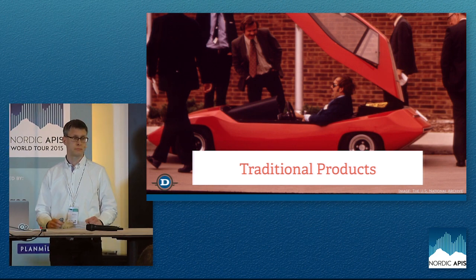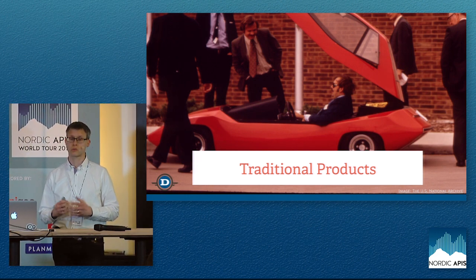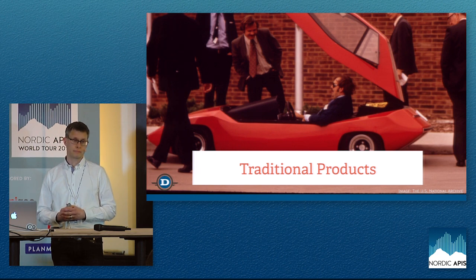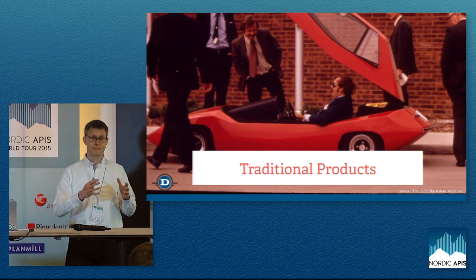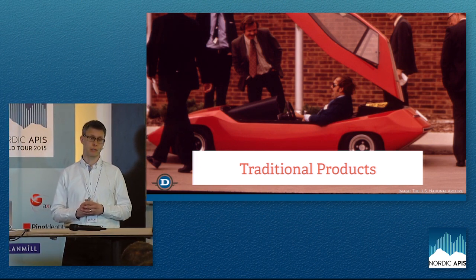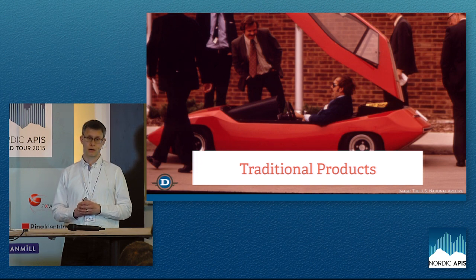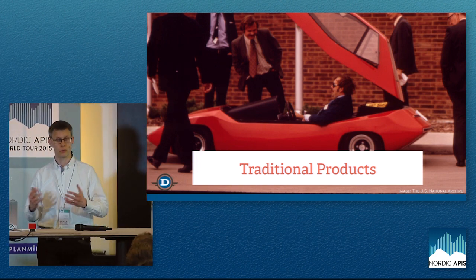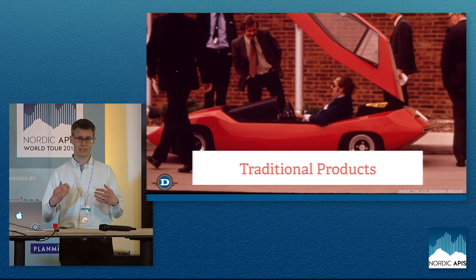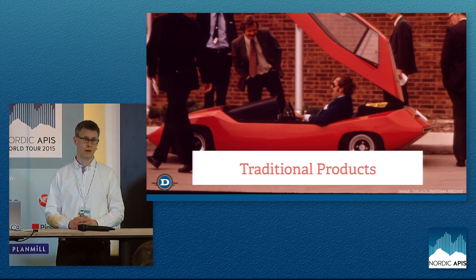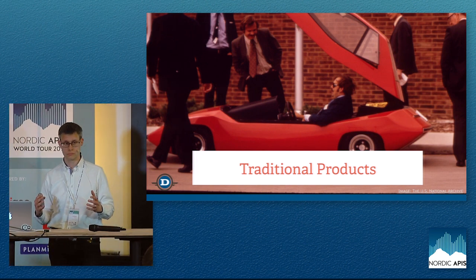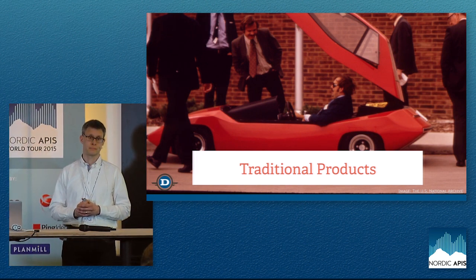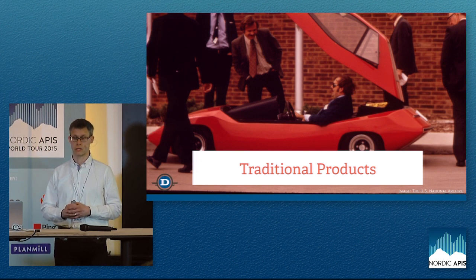We have a chair. If something goes wrong with the chair, something was wrong in production, too bad, we have a chair. That's it. Once you bought it, once it's sold, that's kind of the handover to the owner, and it can't be updated after that. If you're a big car company, you can recall all your cars. It's not really good financially or for your reputation. You can recall it and fix things, but you can't just send out the mechanic to every single owner of the car, at least not if you have some kind of volume to fix it. So once it's sold, you can't update it. And that's an important thing to remember throughout this lifecycle talk.